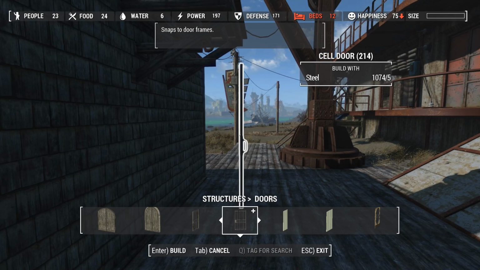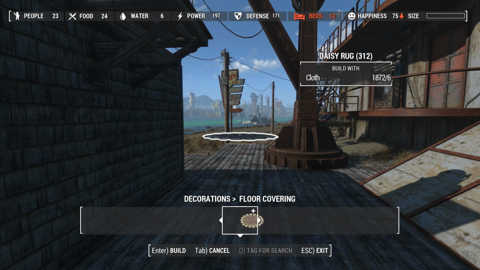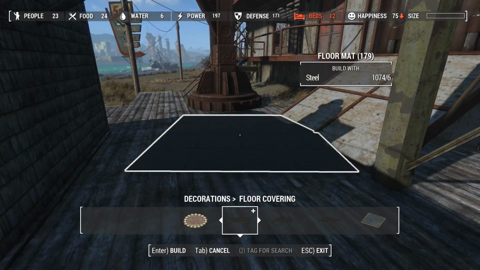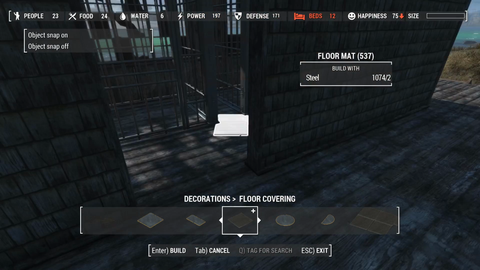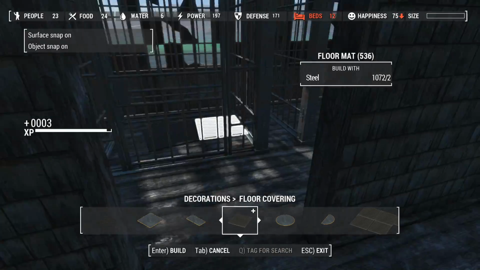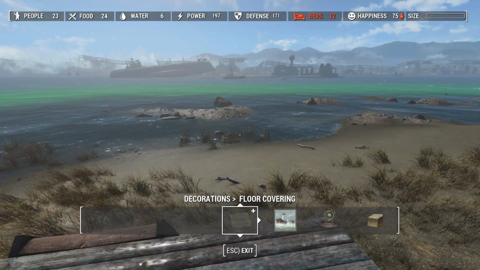I'm thinking some mats for inside. I don't think we should put any outside because I imagine that there's some Deathclaw cages that are being pushed around. There's not really a huge dock here, so